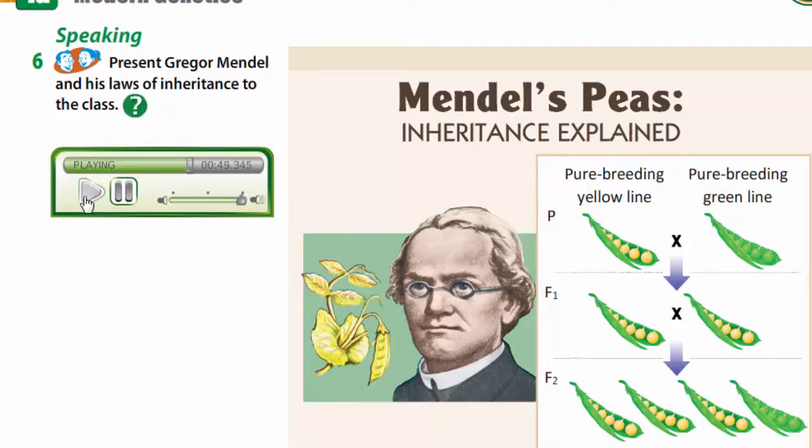The third law explains that for each gene there are a number of alleles, and some alleles are dominant over others. This means that if the offspring inherits 2 different alleles for a particular trait, only the dominant one will be expressed in the organism. But this doesn't mean that the recessive allele cannot be passed on to the next generation. Mendel's work was our first real understanding of genetics, which is why he became known as the father of genetics.